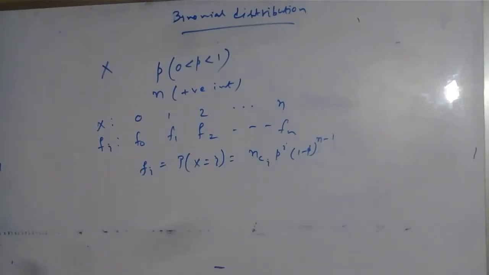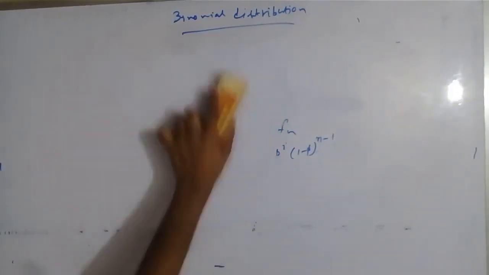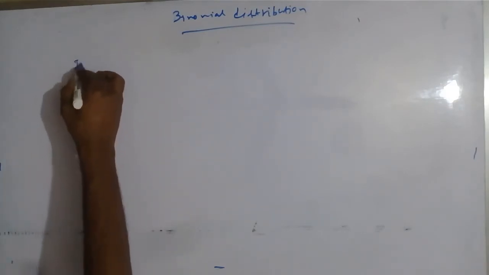Now we will find the mean, variance and standard deviation of binomial distribution. Then we will go to some practical examples of binomial distribution. So now we will find the mean and variance of binomial distribution. The statement is, if X has binomial distribution